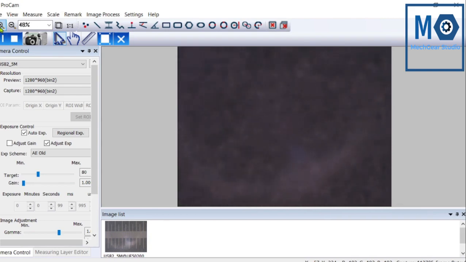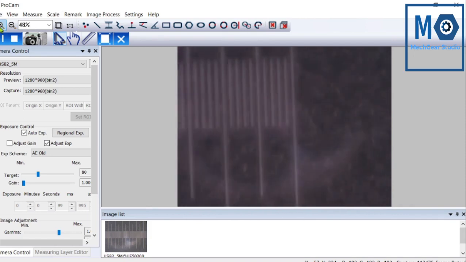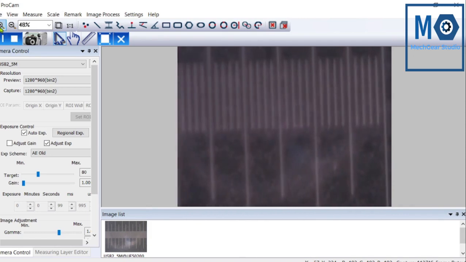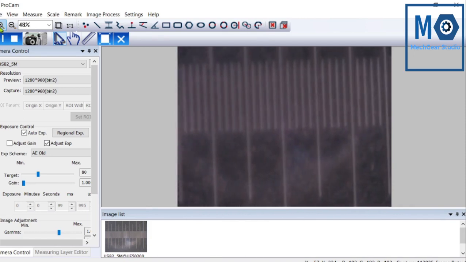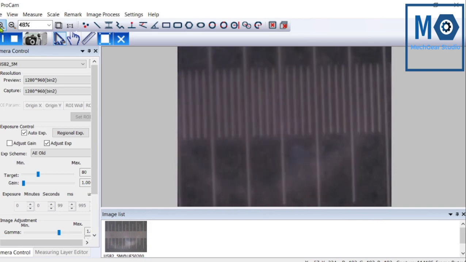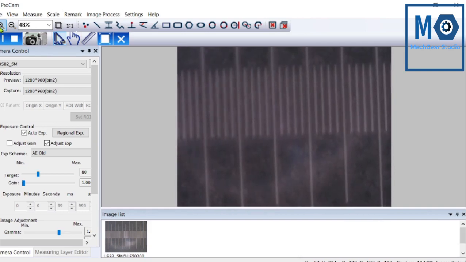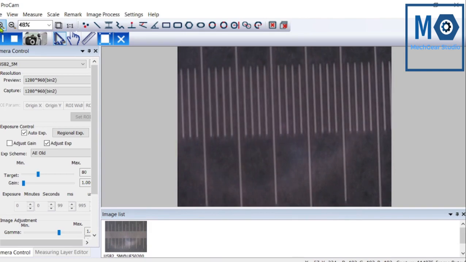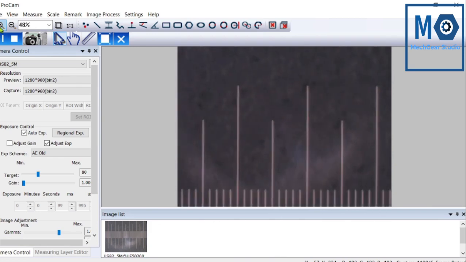So move this stage horizontally in the X or Y direction. Now one division is available. So we will move this to the right side until the entire screen is covered with the scale. Now we have focused light on the scale by using movement of the stage. We will use the fine tuning knob for exact resolution.